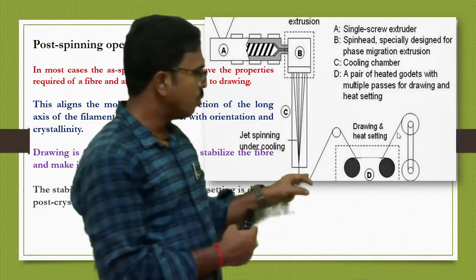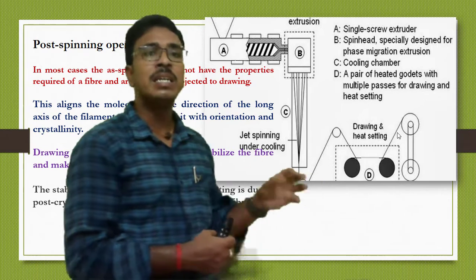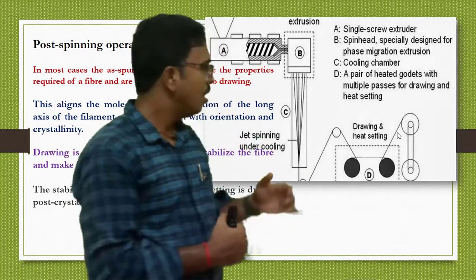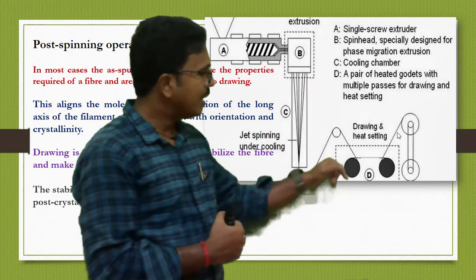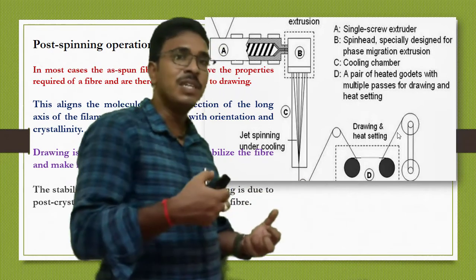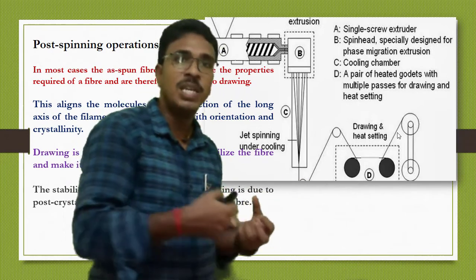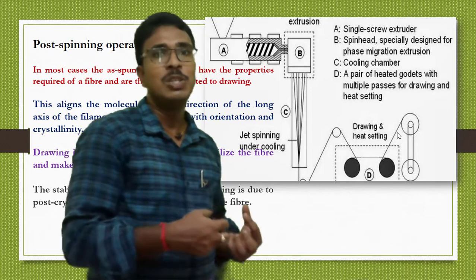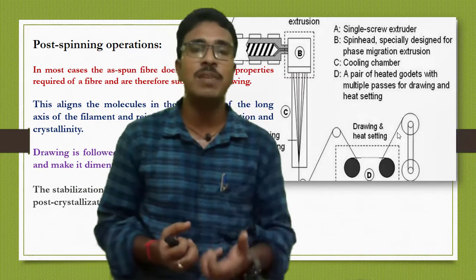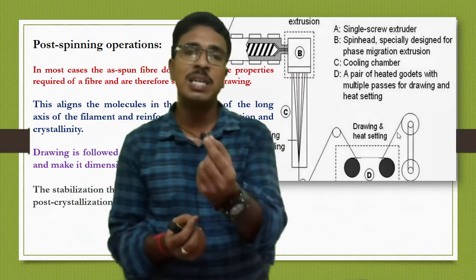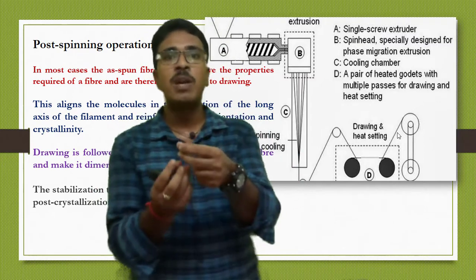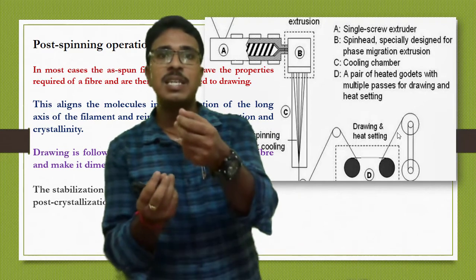Here you can see two rollers are there. We simply maintain a difference in the surface speeds of the rollers, so that one roller rotates at a higher speed than the first roller. Obviously, some kind of dragging effect, some kind of pulling, is created over the filaments, so the filament will start to stretch. That's what I gave you as a small example. If you take 1 centimeter length of filament and stretch it up to 3 centimeters, what will happen? What is happening at 3 centimeters?